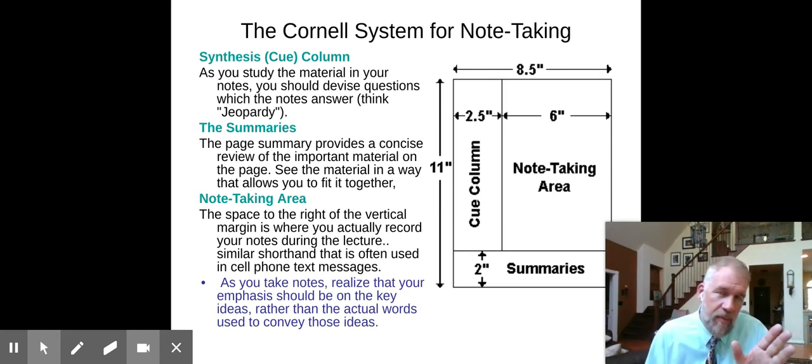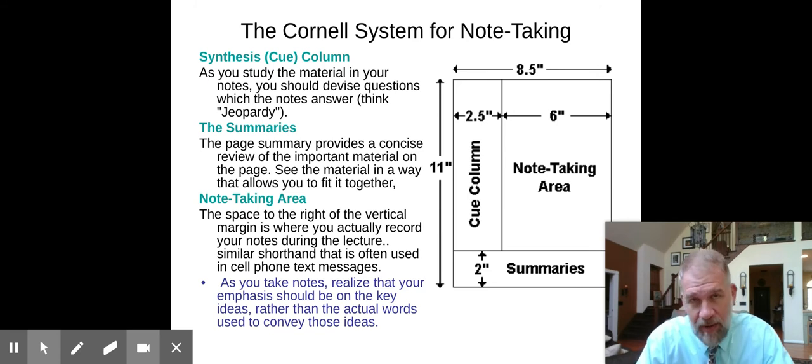If you look over the other side of your page, that larger section, 6 inches wide, something like that, on the right side, what you're going to do in that section of the notebook is write down your notes. You're going to write down all the stuff that I say, information from slides, information from video, any information. If we were in person and I wrote on the board, you would write down anything that I wrote on the board. So all information that I give you goes on the right side of your notebook, the note-taking area. So I'll explain that a little bit more here in a bit.